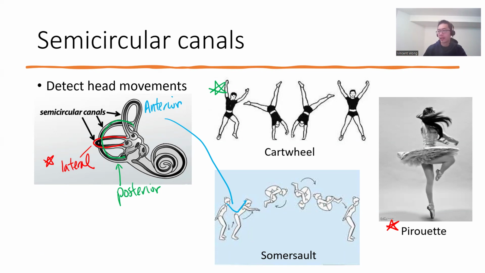If you just rotate your head sideways, side to side rotation, lateral. Up and down, that's gonna be the anterior. And if you tilt it to the side, that's gonna be the posterior one. Okay. So on the test, I probably will give you some of these pictures and ask you which semicircular canal